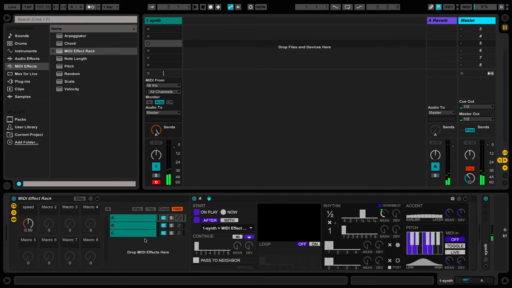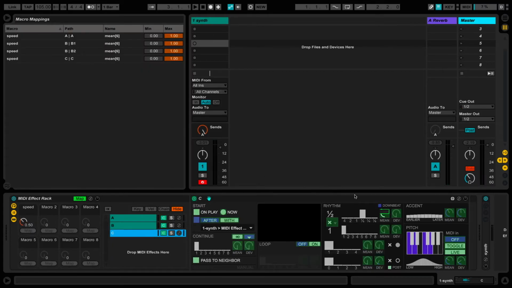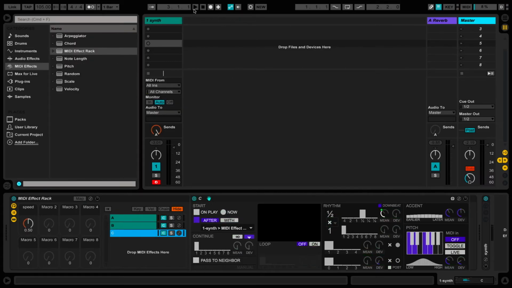What's fun about this also is that C has inherited the macro mapping. You can see there are 4 mappings now. The mean has been mapped to the speed macro, so that's just happened automatically because we used the duplicate feature. So now if I crank up the speed,